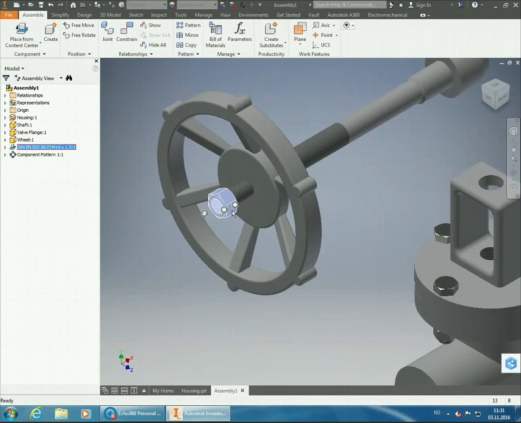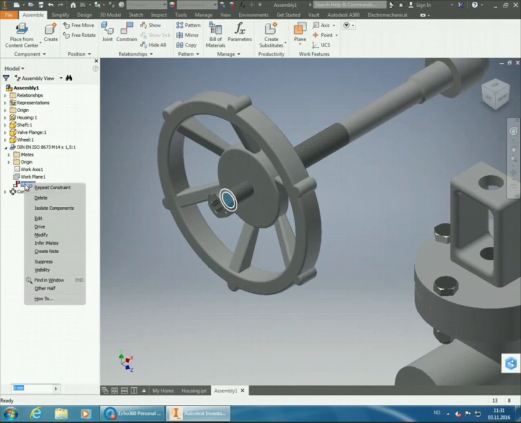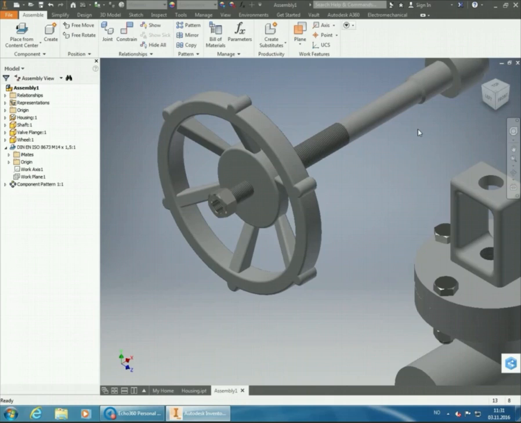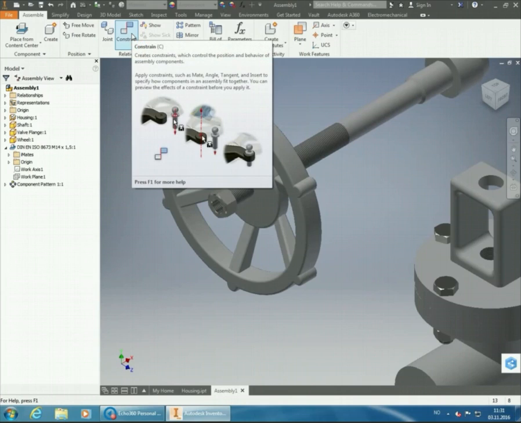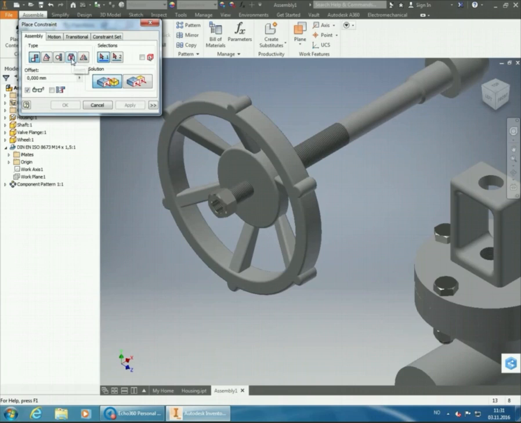Then I'm going to have to remove the constraints I set on the nut here in order to be able to place it correctly. And I'll do another insert constraint to get the nut placed all the way into the wheel there. So the insert constraint, I'll choose the edge of the threaded hole on the wheel. Then I'll flip around,